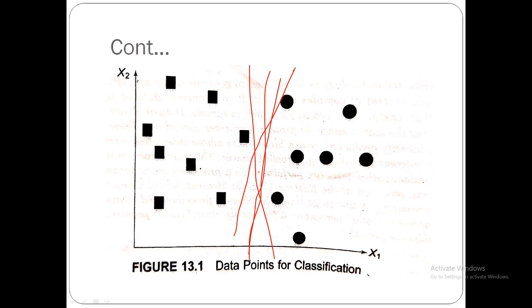Anyway, you can draw the hyperplane, but you have to identify which one is the optimal one, which is based on having the maximum margin. It should provide the maximum margin between this data point and this data point, which are on the boundary. You have to select the boundary points, not the ones inside the boundary. From these points, we have to get the maximum margin. That line is going to become the optimal hyperplane.